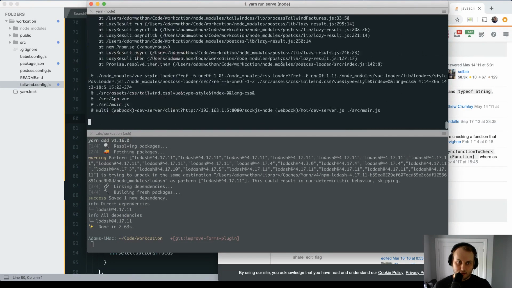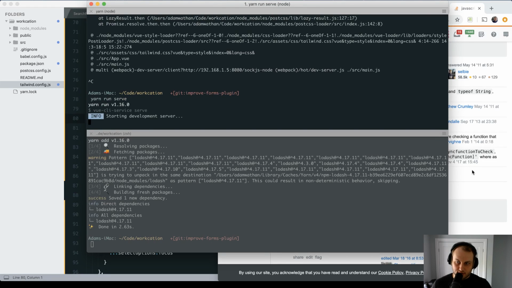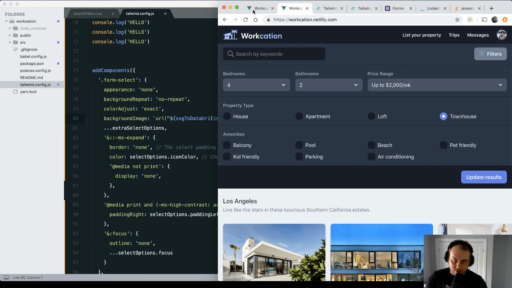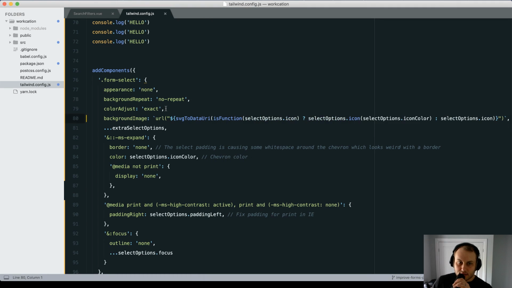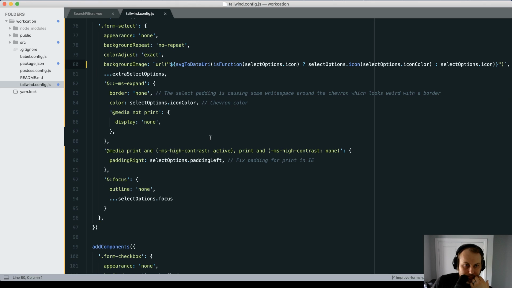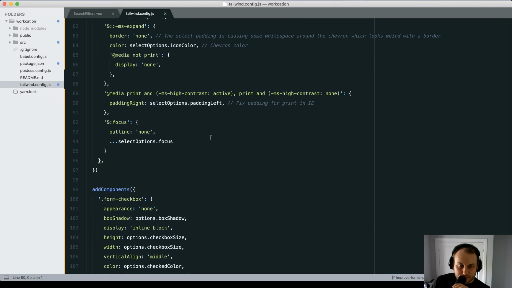Okay. Let's rerun because it seems like errors in the config file trigger it to just break. Okay, so that still works. Okay. All right, that seems fine. Maybe we'll try and get the checkbox done too and then wrap it up because we're